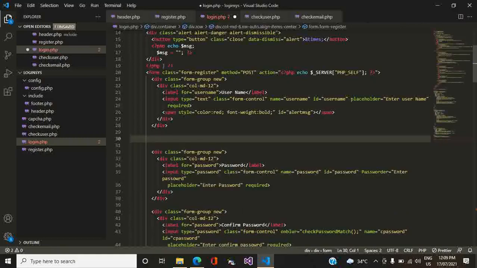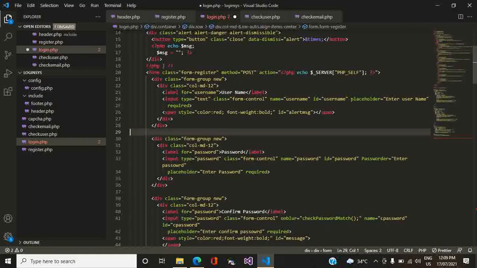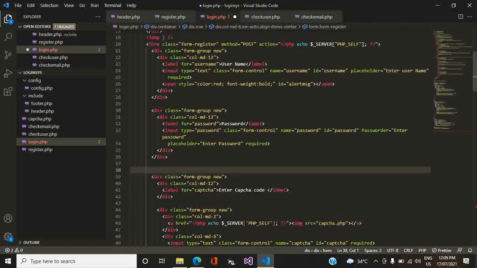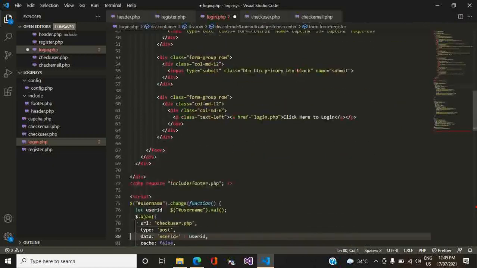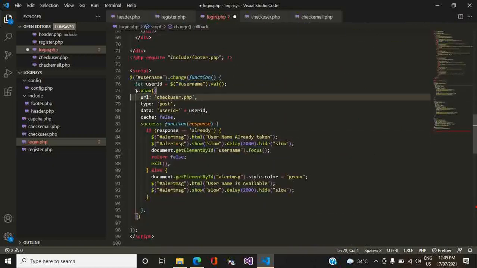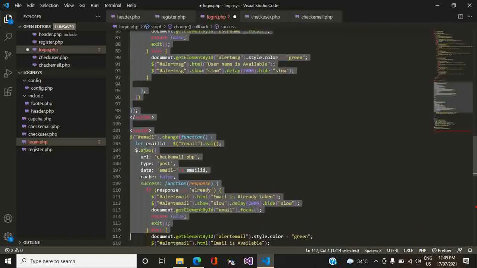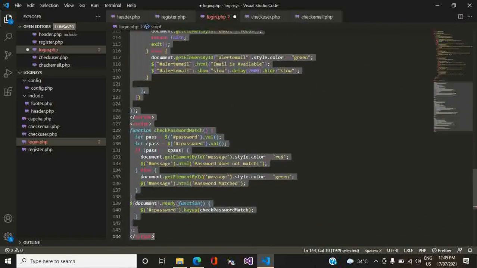We don't need email ID for the login. We don't need confirm password, and also we don't need this part.